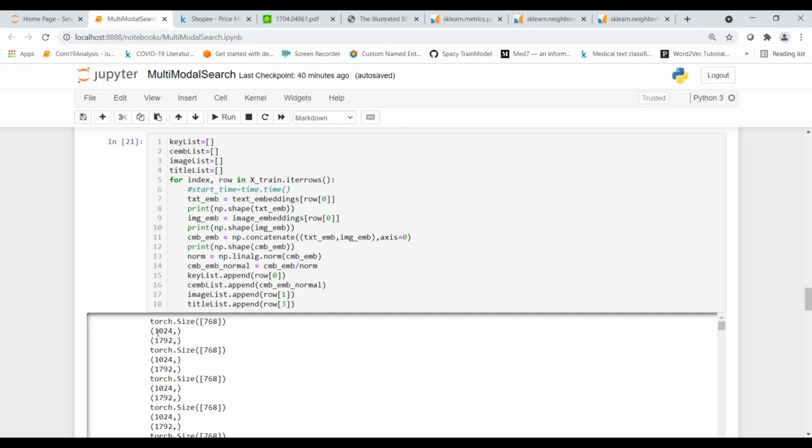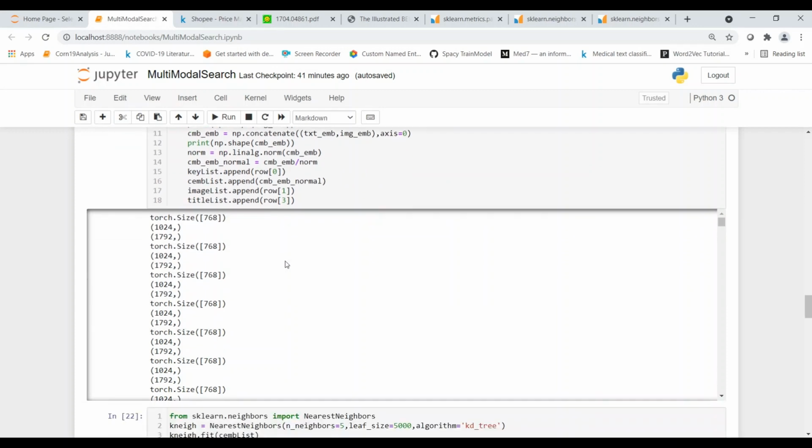For the images, we have 1024 as the size of the mean image embeddings. So the concatenated embeddings will be of the size 1792. Every text and image pair is now represented using a 1792 feature vector or a joint embedding vector.